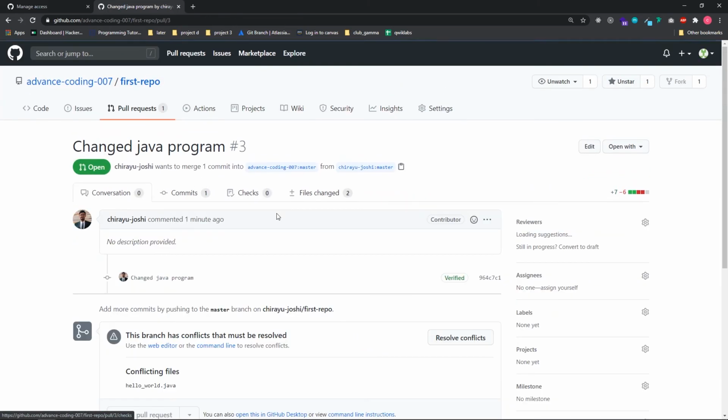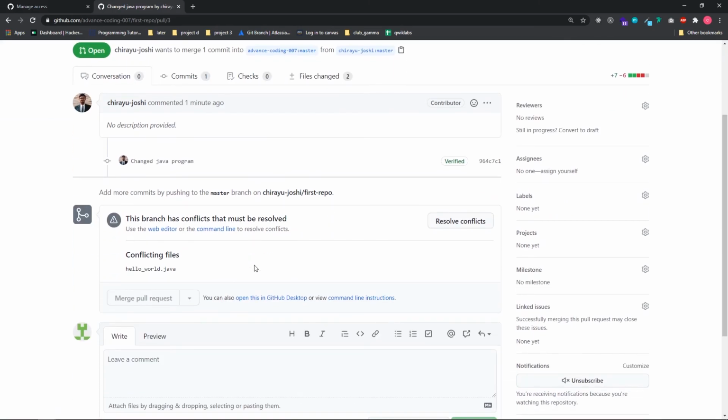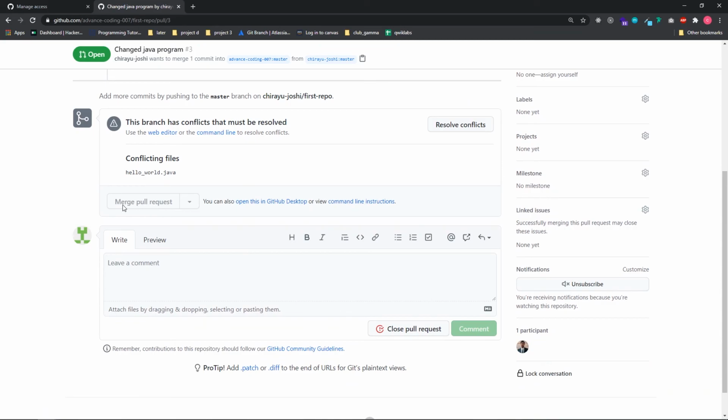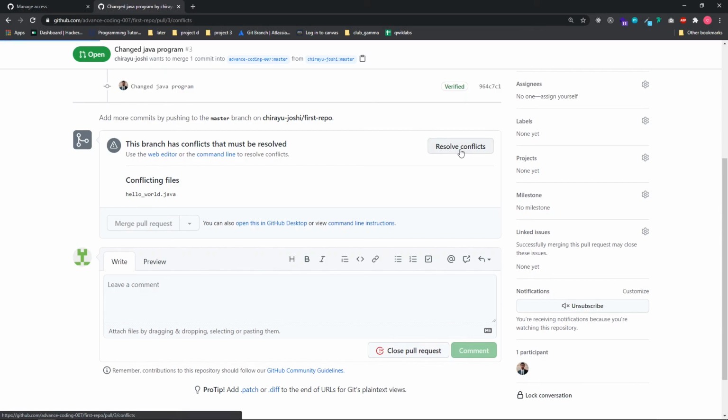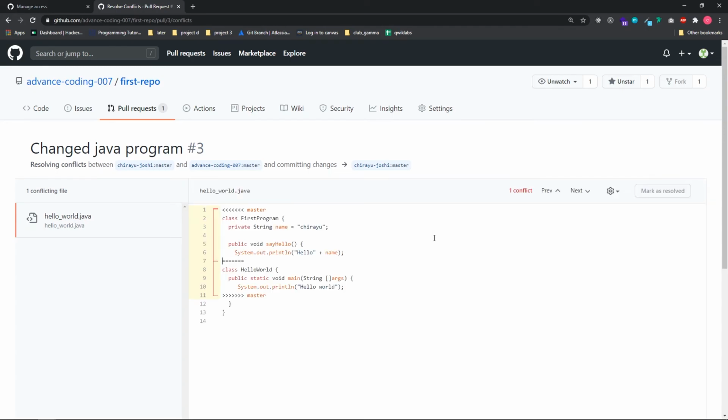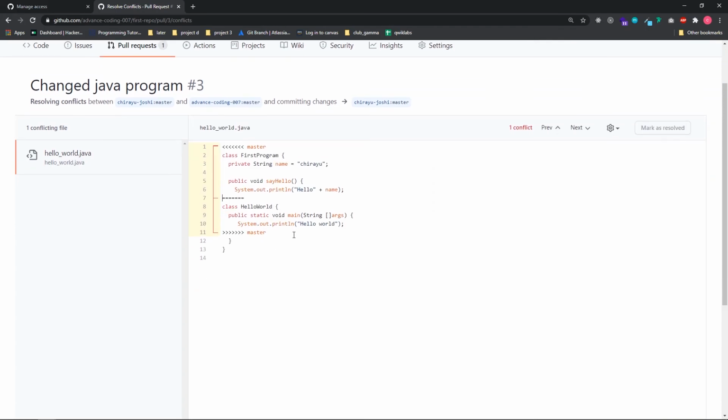After seeing the changes, Advanced Coding decides that this change can be merged into our main code. As the conflict is generated, we can't directly merge this pull request. First, we need to resolve the conflicts. So Advanced Coding resolves the conflicts and sees how this conflict can be resolved. These are the lines generated by GitHub. So we will remove these lines,